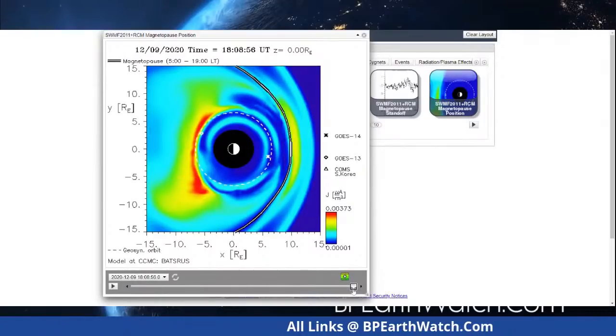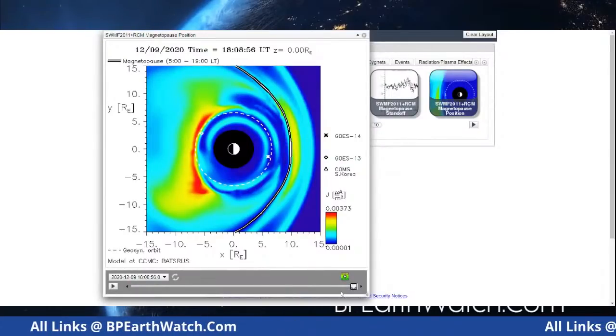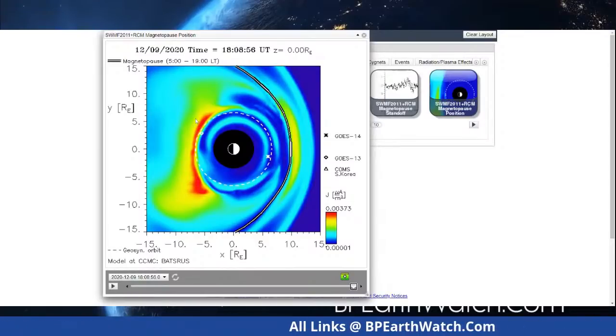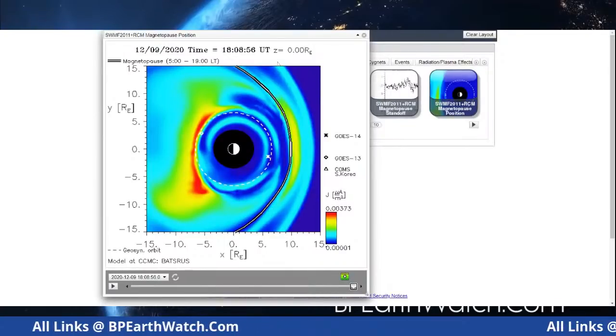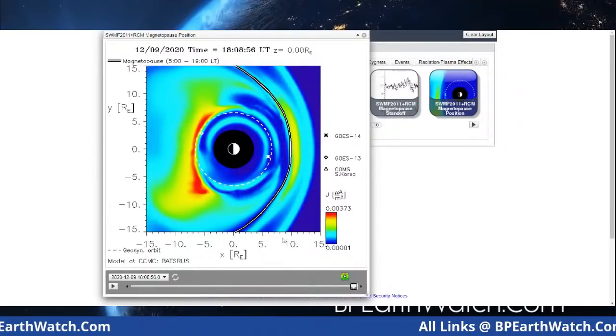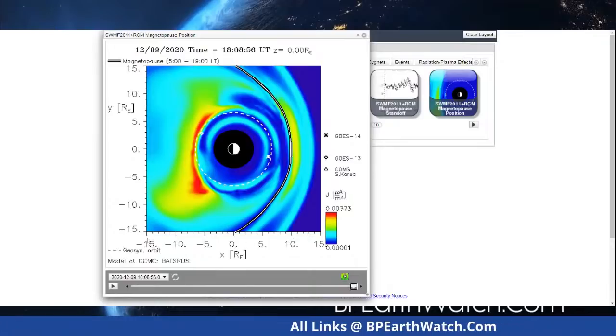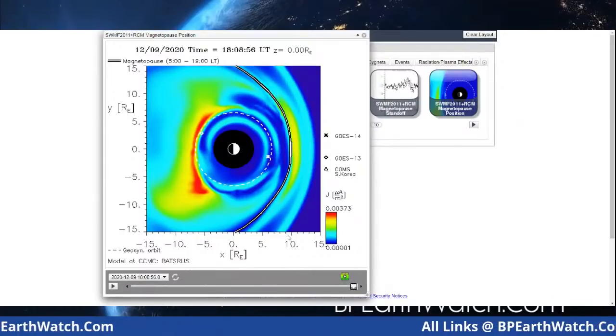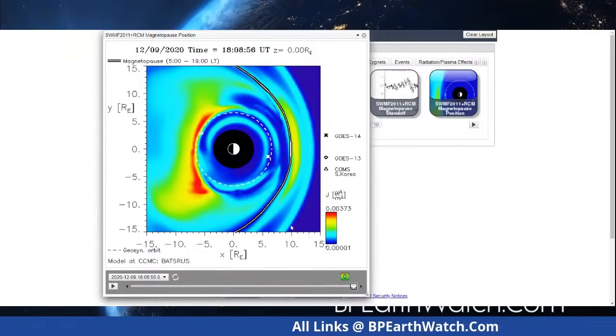But this energy is definitely building up at this point. Now, when you see this red on the backside, you know that there was a lot of absorption on our planet, but I've seen this red line build up and fill up the entire area. Again, you've got the numbers at the bottom, from minus 15 to plus 15, but your normal point of this white line, this inner magnetopause line, is 12. And right now it's close to 10.